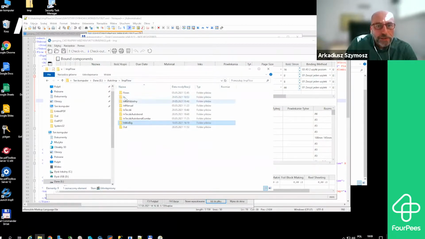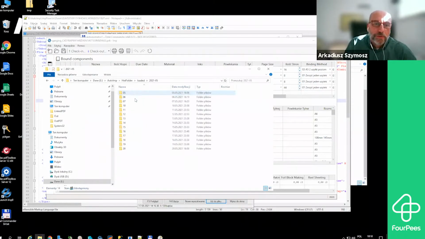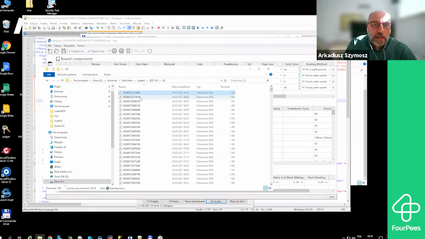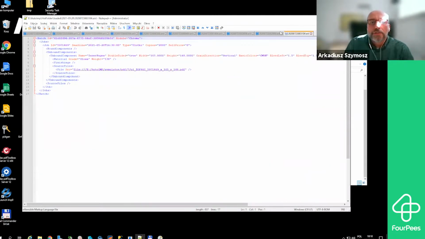Let it be here. It goes to the hot folder. Each time it lands here, AutoImp gets that in and puts it into the loaded folder. If, for example, here is a batch of the jobs which we could open, and there is information which